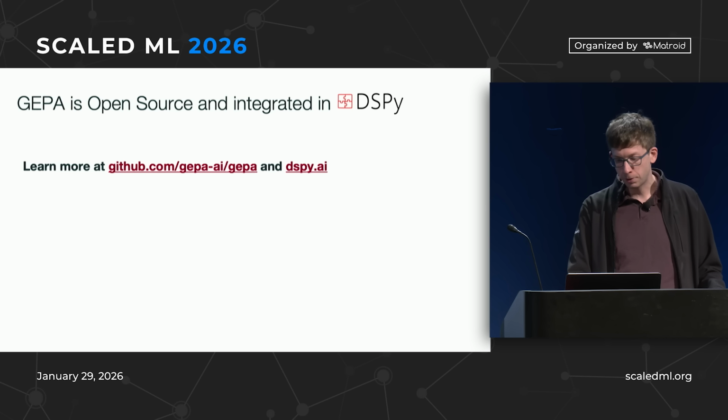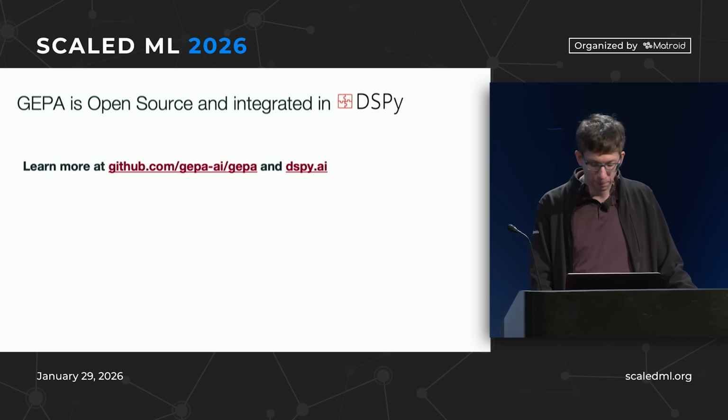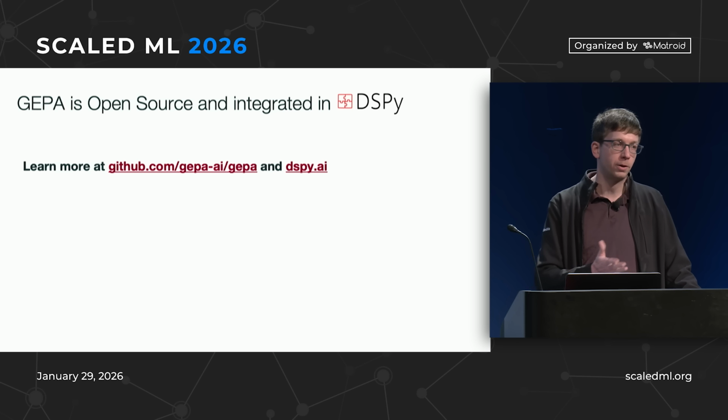And this is open source, and it's also part of DSPy, which is our general framework for optimizing language programs and writing agents in a declarative way that you should check out. But you can use this without DSPy, on basically anything where you have a bunch of strings and you can give me a function from the strings to a score. This thing will optimize those strings to maximize your score.